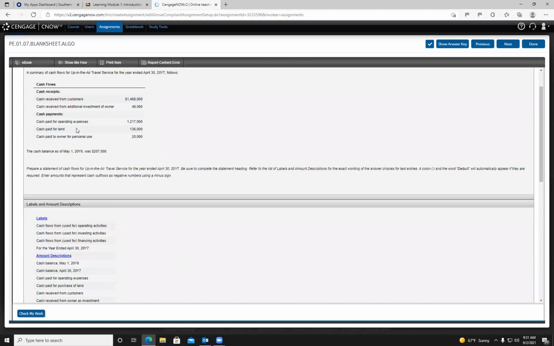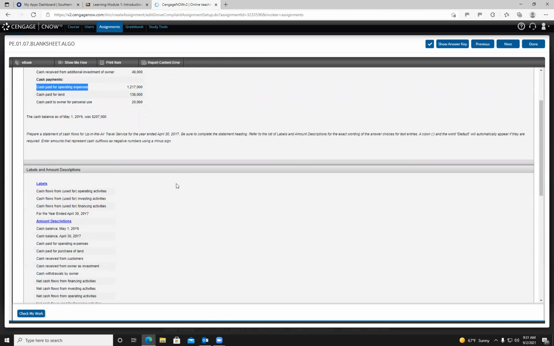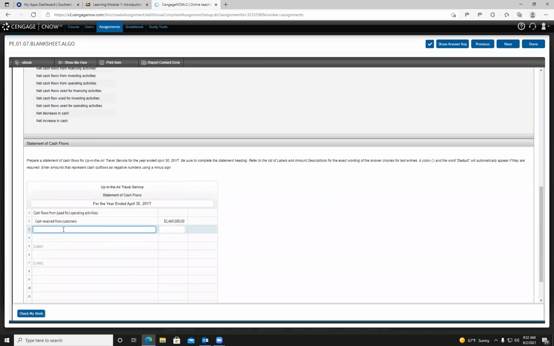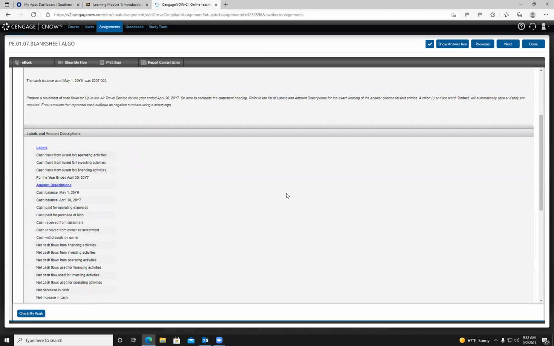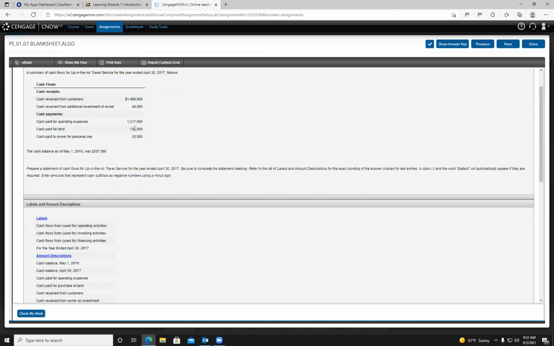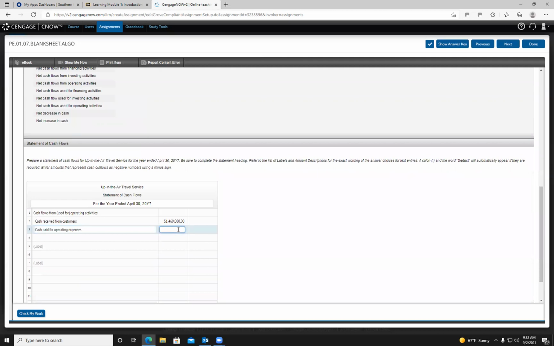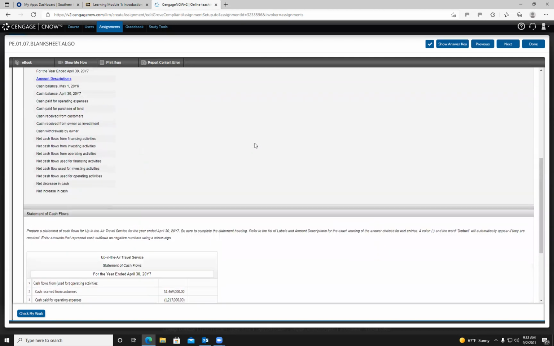So if we look down here, we do have cash paid for operating expenses. So that is definitely an outflow of cash for operating activities, because it tells you right there it is for operating expenses. So we're going to take that account and plug that in down here. And that was for 1,217,000. All right, so